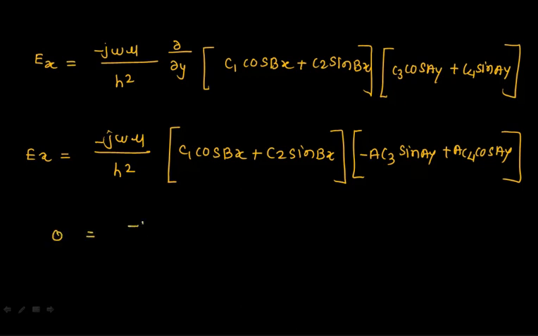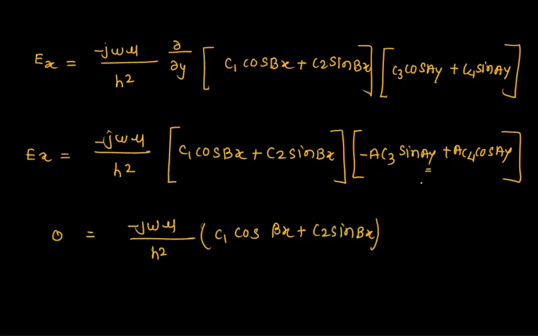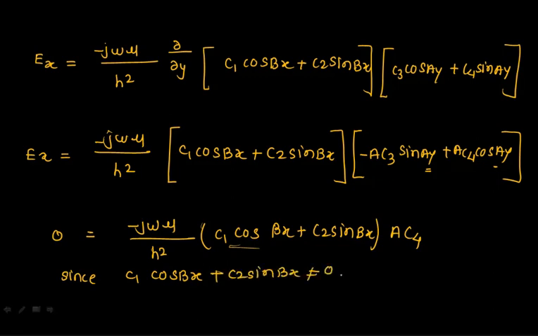the wall. So minus j omega mu divided by h square gives me C1 cos of Bx plus C2 sine of Bx. As I know that y is equal to 0, this term will be completely 0, as sine of 0 will be 0, but cos of 0 is not 0. So I need to put all these things. C4. अभी ये सिचुएशन में दो चीजें हो सकती है, या तो ये टर्म आपका 0 होगा या तो ये टर्म 0 होगा. ठीक है, since your x is varying, no, so it will not be a 0. Cos of bx plus c2 sine of bx cannot be 0. A cannot be 0. ठीक है, and that's why your c4 will be 0.